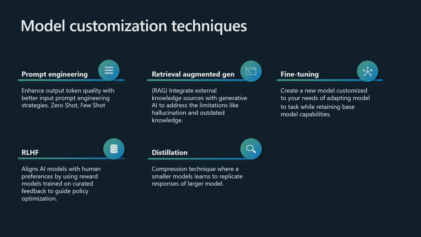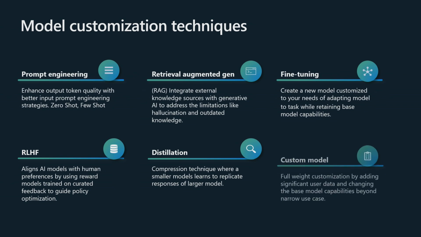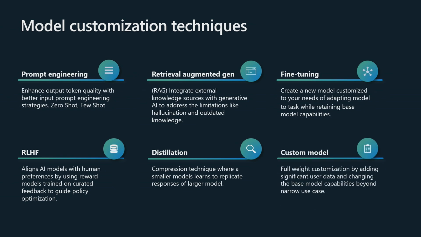Distillation is a very interesting technique that we all should know. Distillation is a way of teaching a smaller student model tricks that the bigger model might know, but at a fraction of the cost. And then custom model is where you're actually customizing the full weights of the model, not just the delta LoRA weights, where you're able to go back and have a much bigger amount of data, much better control over your instruction tuning, your RLHF, and your safety layers, and so on and so forth. It's a very powerful technique. You may not need it all the time, but there are exceptional cases where you might need it.